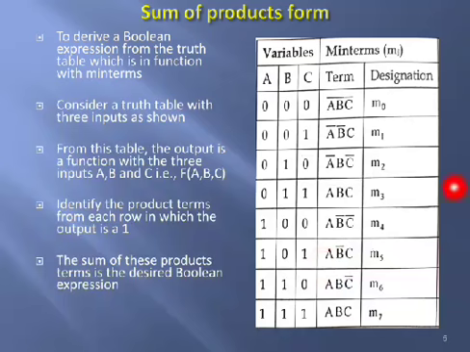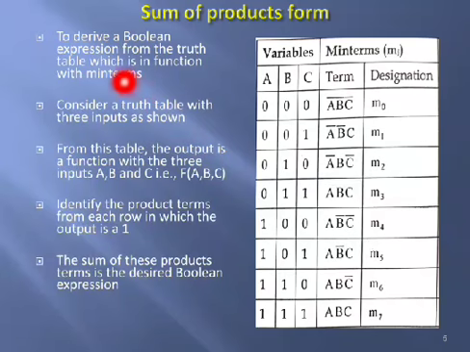And if you observe, for this three variable sum of products form, the min terms happen to be a bar, b bar, c bar, and so on. So if 0 is there, that is nothing but a bar. If 1 is there, that is nothing but a. Okay. So this is the procedure of writing the min terms for a given function. Now we will see the procedure of writing the sum of products form for a given function.